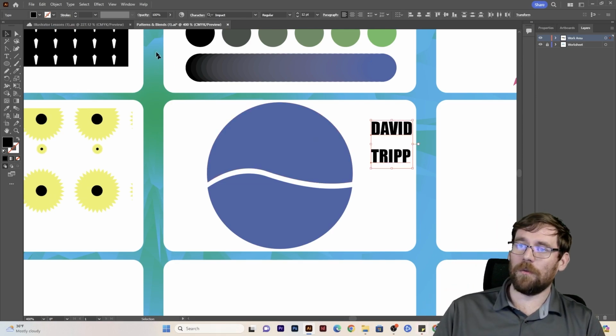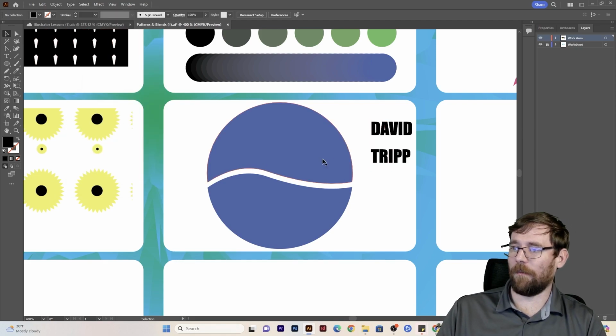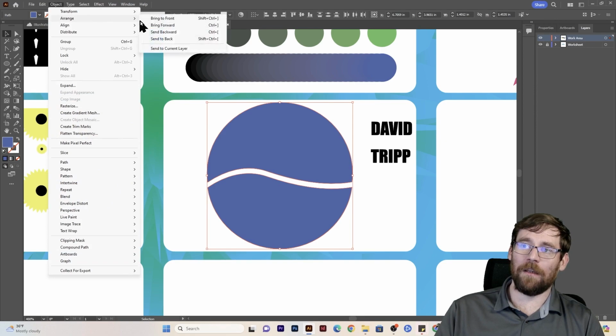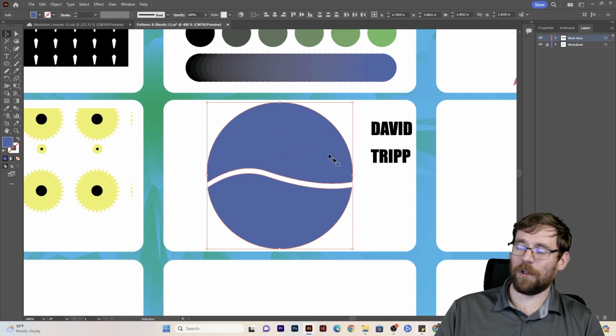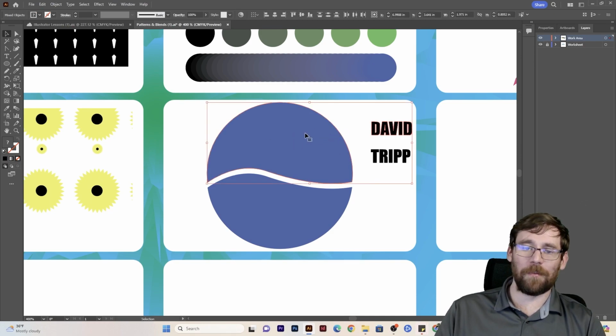I'm going to select these 2 words. I'm going to go to Type, Create Outlines, to create outlines on that. Now, what we're about to do needs this shape to be on top. So I'm going to go to Object, Arrange, Bring to Front. On this shape, nothing will change by the look of it. When you select the name and the top shape only, so first name, top shape only,